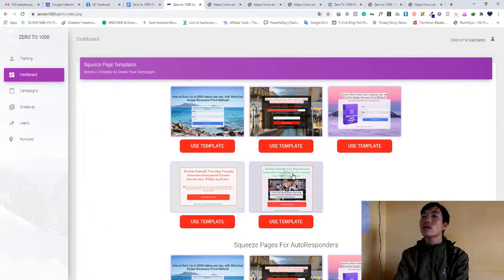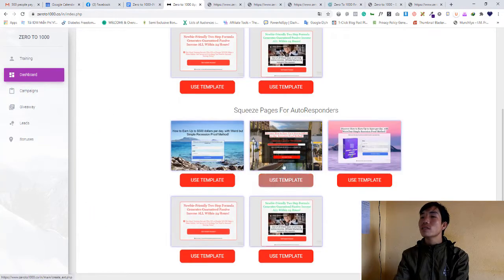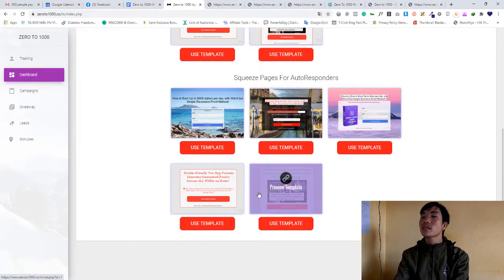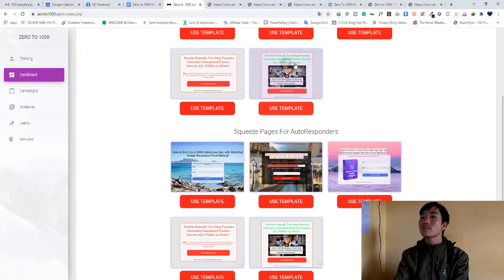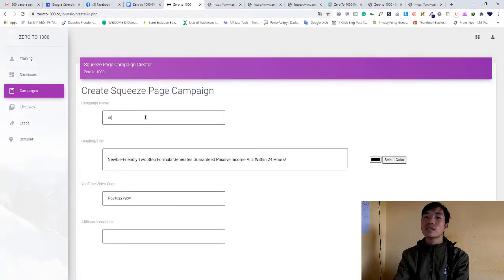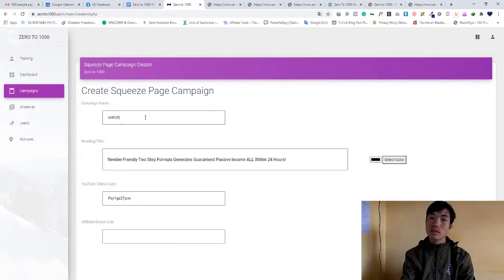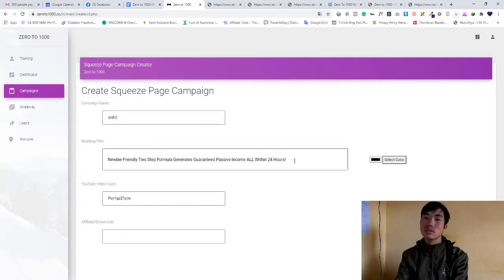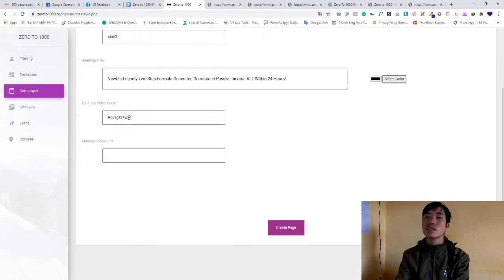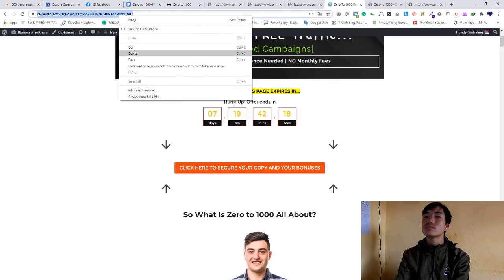So let's go back over here. I'll show you an example if you want to get something, right? For example, you want to use some training. This is training, so for example, I get the name. I keep this simple. You can change the color, everything here. This also has videos, you can use the video, right? The video ID, the code, you can use here, and also